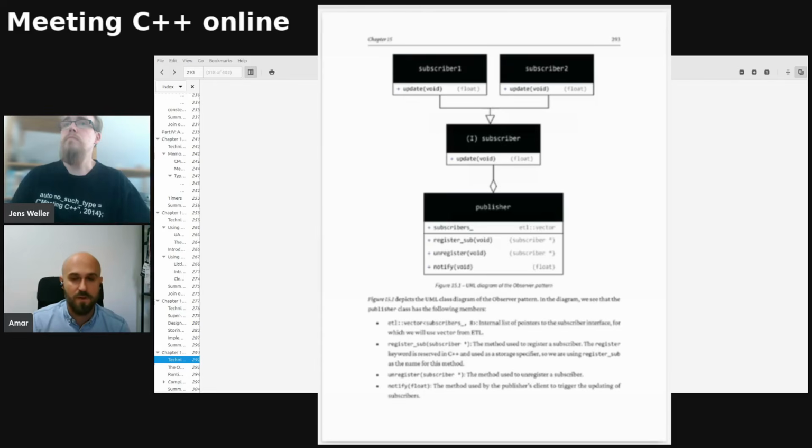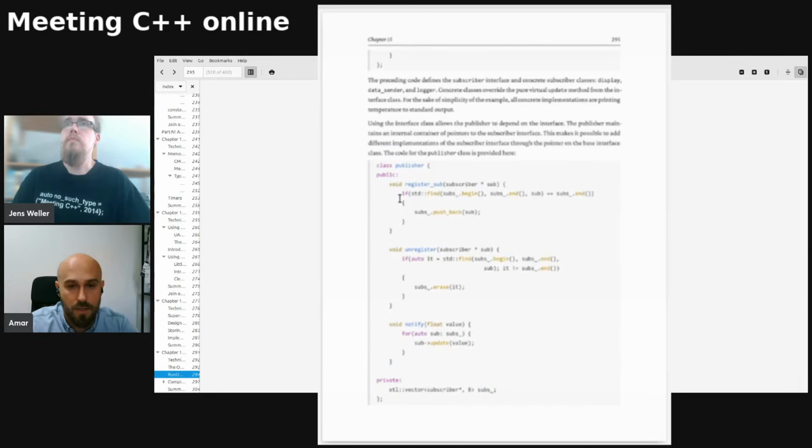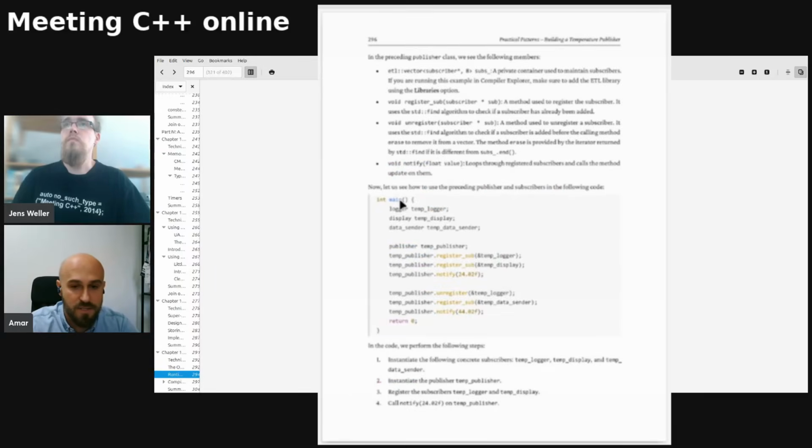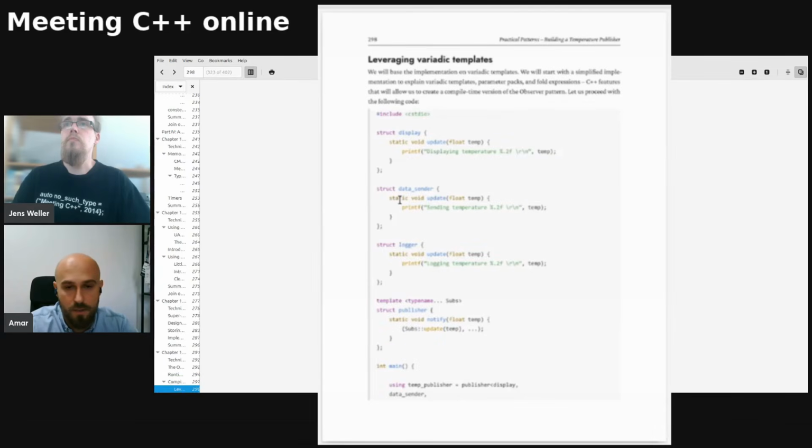There is an example of how to use a parameter pack to provide it with all those subscribers, and in turn you have something that has a minimum memory footprint, and it just wires those things up really nicely for you. This is something that's often used in embedded systems. You can